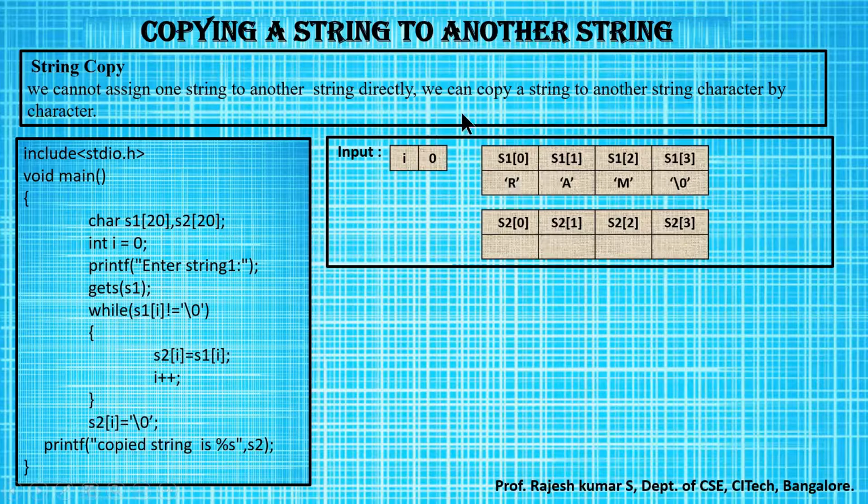How do we do this? Let's see the logic. First, I will traverse inside this array. I will check whether there is a variable present over here or a null pointer. If there is an alphabet present other than the null value, that value will first be stored in S2 of 0. Then I will traverse to the next location and check whether there is a value present over here. An alphabet is present, yes, that will be stored.